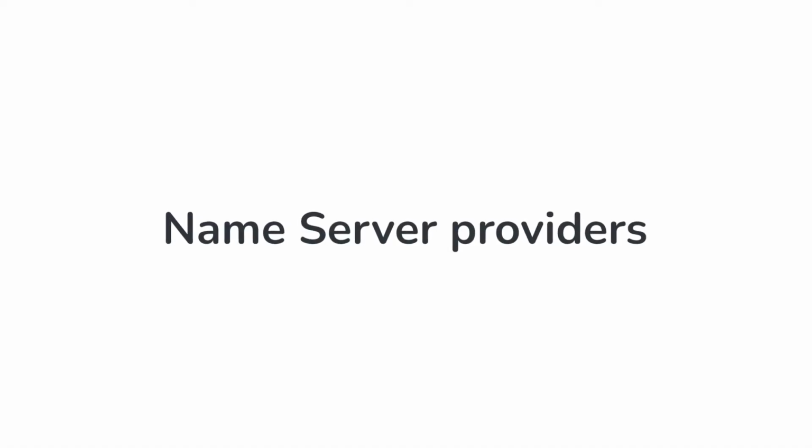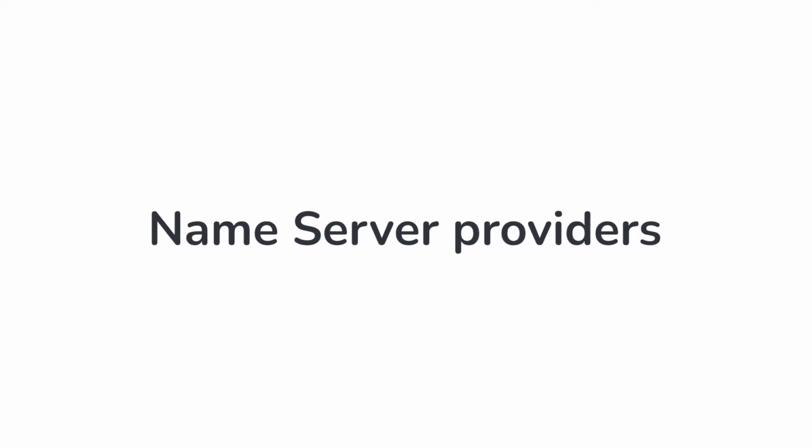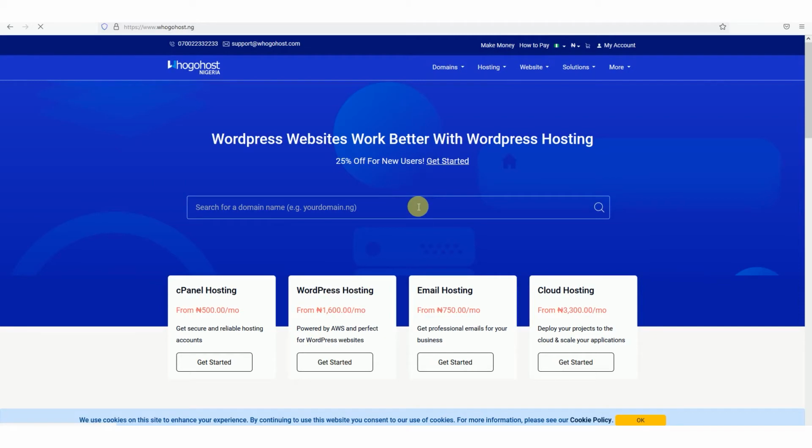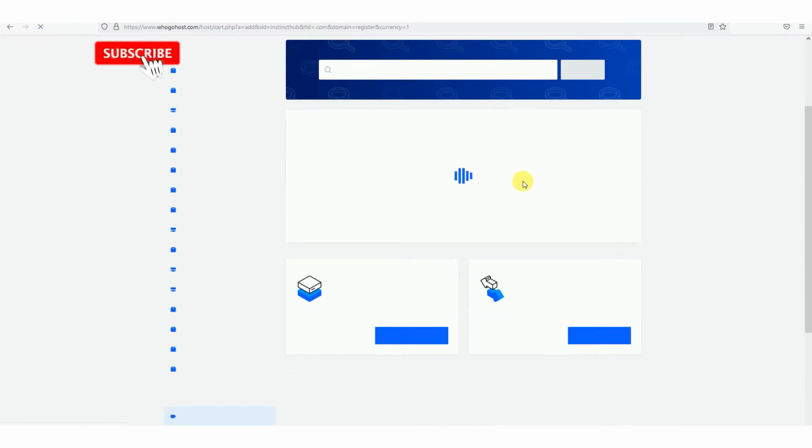So once you have that, you can visit platforms that actually offer domain names. We call them name server providers. So they provide hosting and domain names and the like. An example from Nigeria is Google Host. So Google Host in Nigeria provides domain names that you can buy from. So once you just go to their homepage, you'll be able to search for the name that you like and